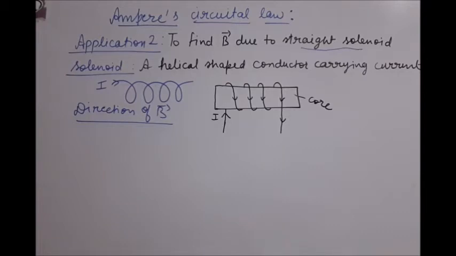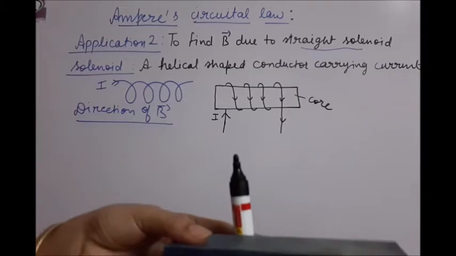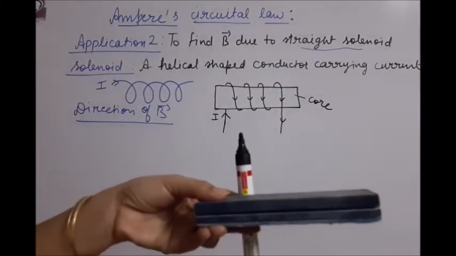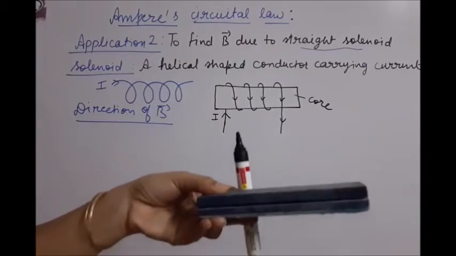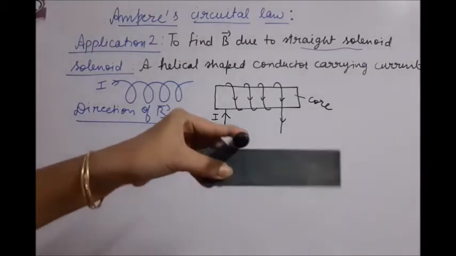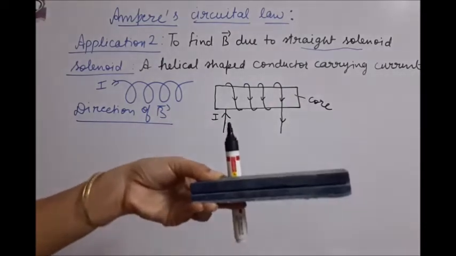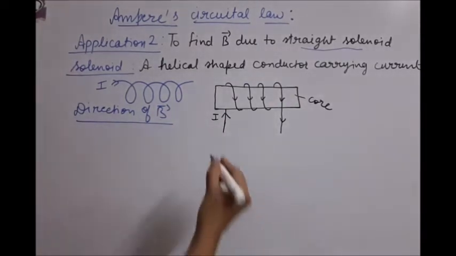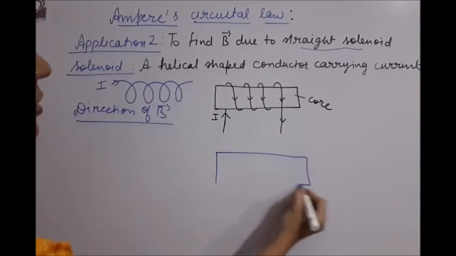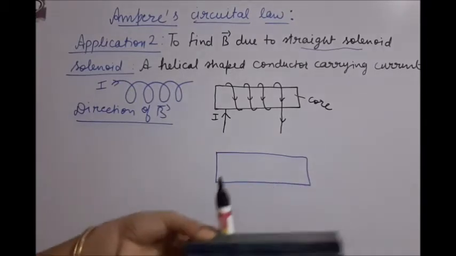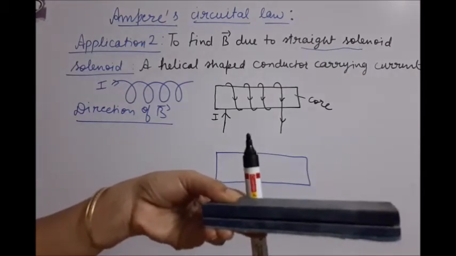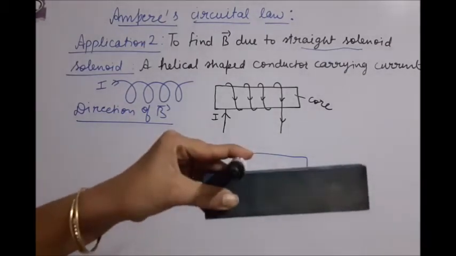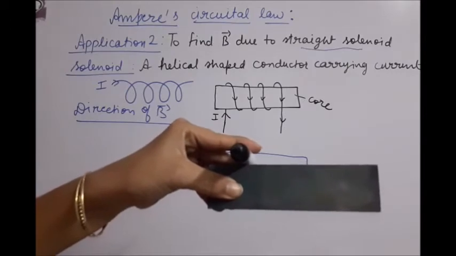Now what do we have to do? We can first draw the top view of this solenoid. How will it be drawn? You see here, I am now drawing the top view of this solenoid. Top view means this view. This is the top view. The first turn current is moving up, and if I see the top view, you will see it coming out of the board.